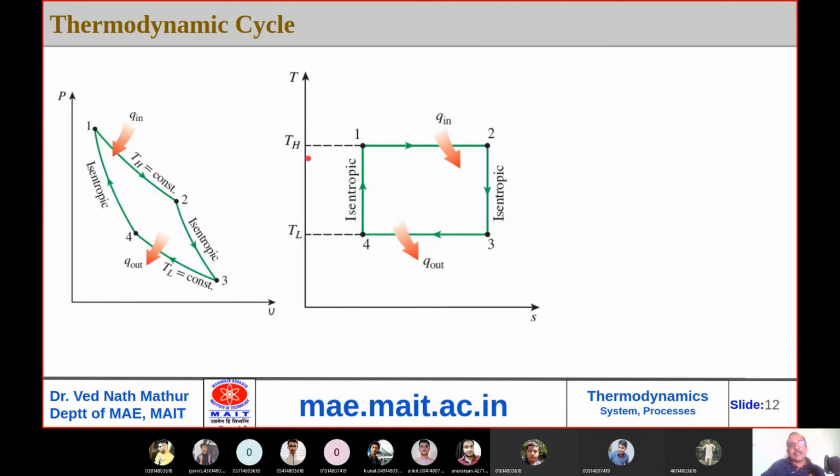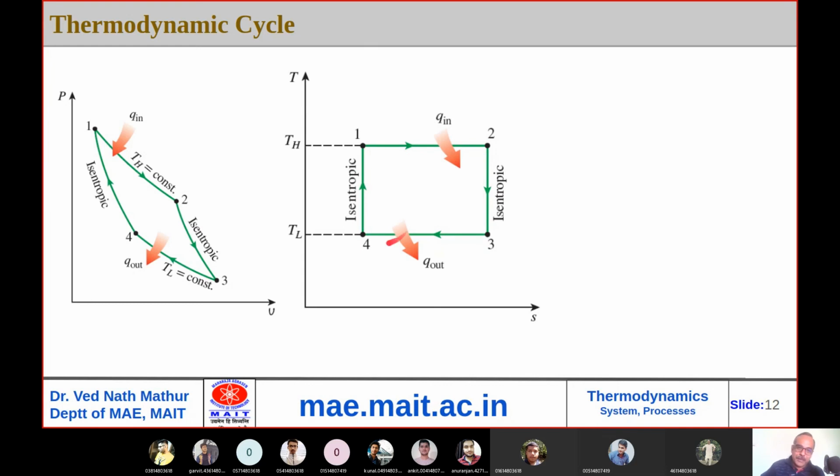See, area of the cycle on a TS diagram is heat transfer, and area of a cycle on a PV diagram is work transfer. But then we'll study the first law of thermodynamics, which says that for a cycle, net heat transfer is equal to net work transfer. So that means on a PV diagram, this area represents work transfer as well as heat transfer. Similarly, this area represents heat transfer, but since the first law of thermodynamics says that for a closed cycle, heat transfer is equal to work transfer, this area also represents work transfer.